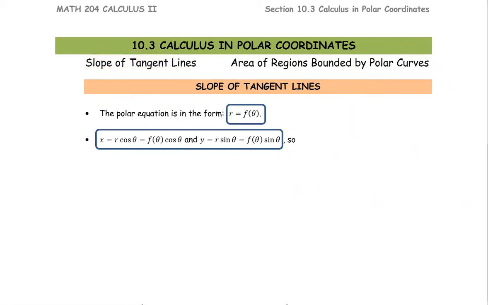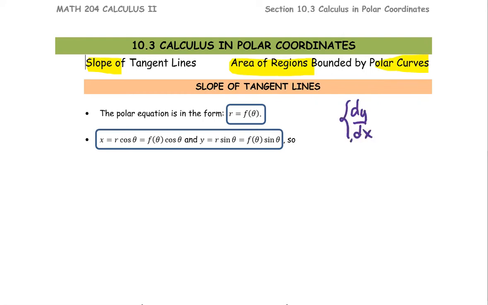Section 10.3, Calculus in Polar Coordinates. In this section, we are going to find the slope of the tangent line and the area of the regions bounded by the polar curves. For the slope of the tangent line, which is in the form of dy by dx,